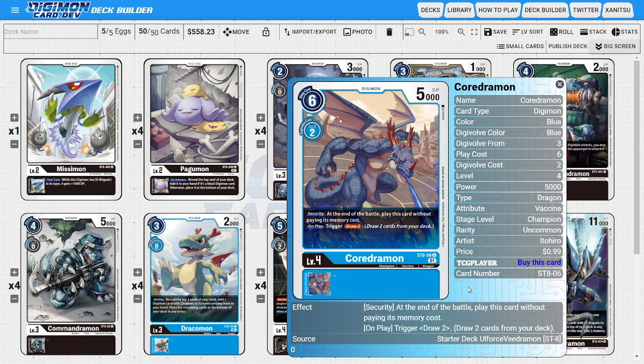So Coredramon, like Dracomon, does come from the All-4 starter deck and is another really good card to be playing with the deck for its on-play ability. So not only does it have a really powerful on-play ability of drawing 2 cards, if we need to just hard play it to, well, try to draw 2 cards, we could also Digivolve it on top of Dracomon if we need to do that as well, on top of the fact that it even is a security Digimon, so